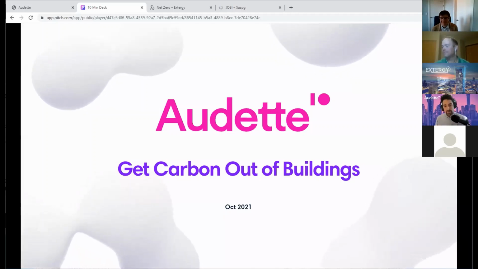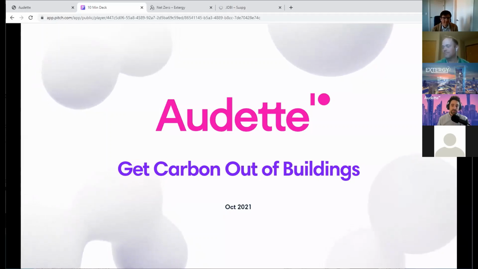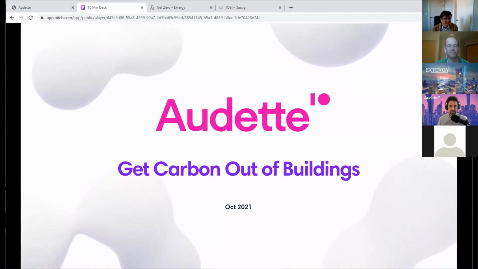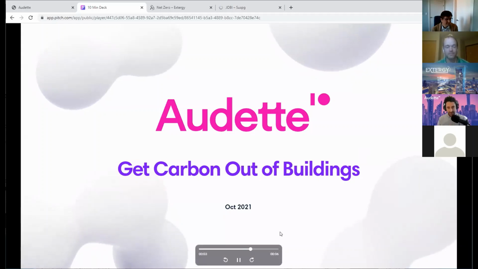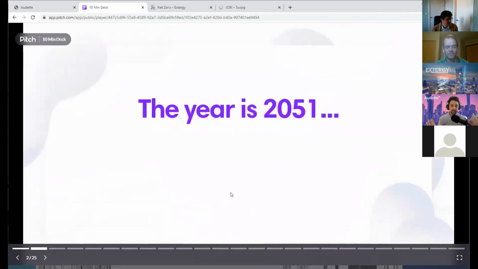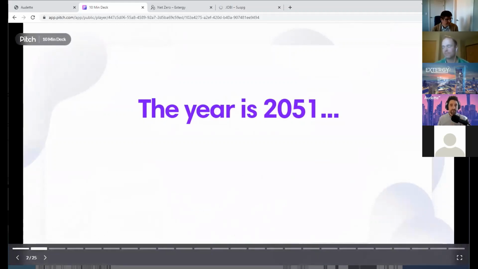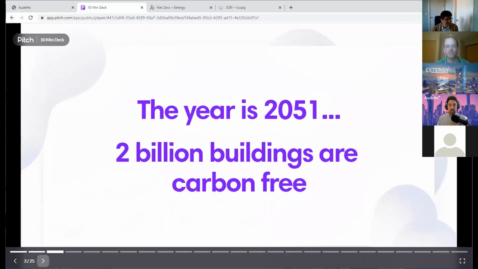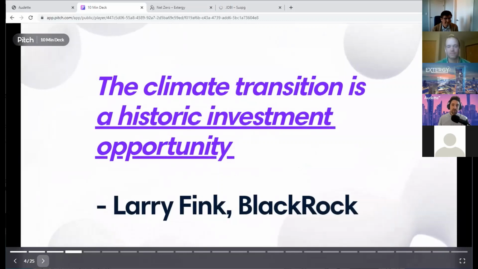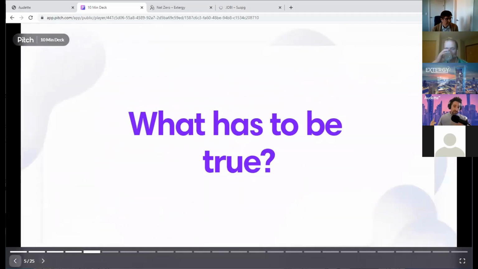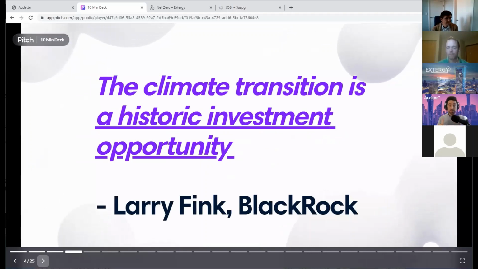I'm Christopher, founder of Audit, and our mission is to get carbon out of buildings. So I'd like you to imagine with me on the next slide that the year is 2051. And despite 3 decades of fires, displacement, and drought, the world is finally carbon-free. Real estate owners across the planet have taken up the call to retrofit their properties with low carbon technologies, carbon negative materials, and on-site renewables. And while it was a challenge, those that participated in this massive market transformation have emerged as leaders in this new no carbon economy.